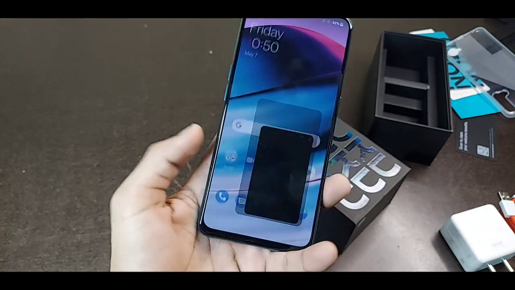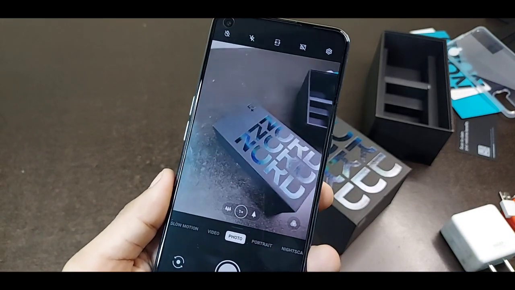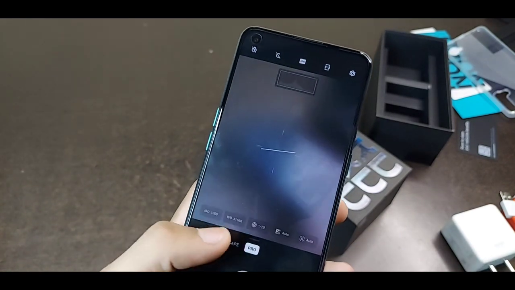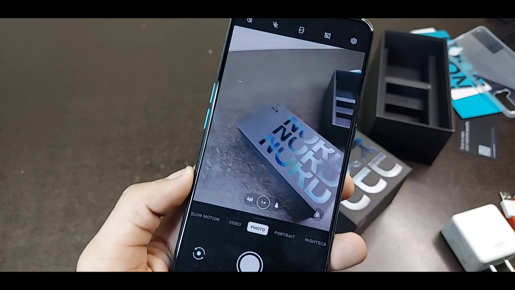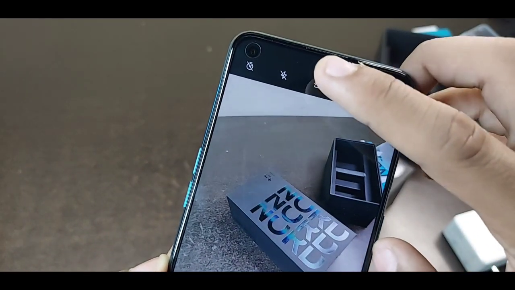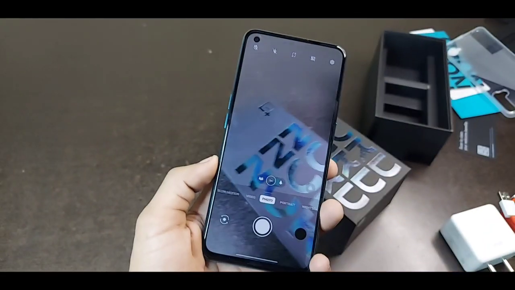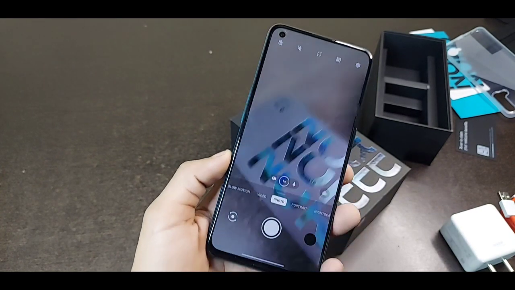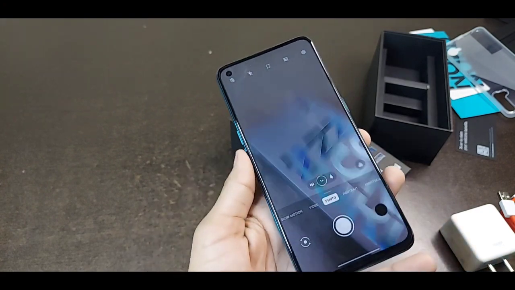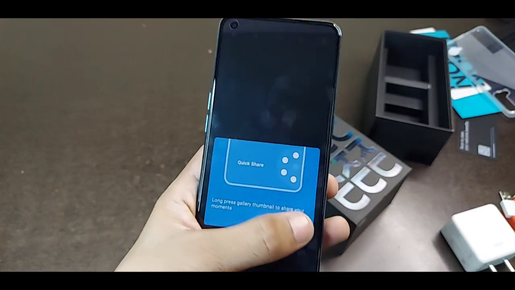Let's talk about some camera settings. If we navigate into the camera, we got this type of interface. It's a typical OnePlus interface. Here we don't get any extraordinary features, and if we come here, we have an option to convert our screen from a 4:3 ratio to a full ratio screen. So if we tap here, we will get a full ratio screen. Using this mode, we can take high resolution pictures with a full screen size. So this feature is also very helpful.